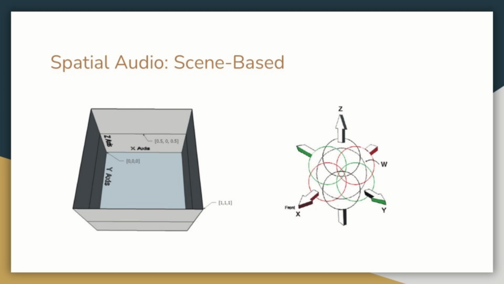Rather than using specific objects, scene-based audio splits an audio signal into 4 channels: W, X, Y, and Z. The first channel, W, contains omnidirectional information, a zero-order signal that is projected through all emitters or speakers. The other 3 channels, X, Y, and Z, each represent not a specific channel, but rather a set of informational